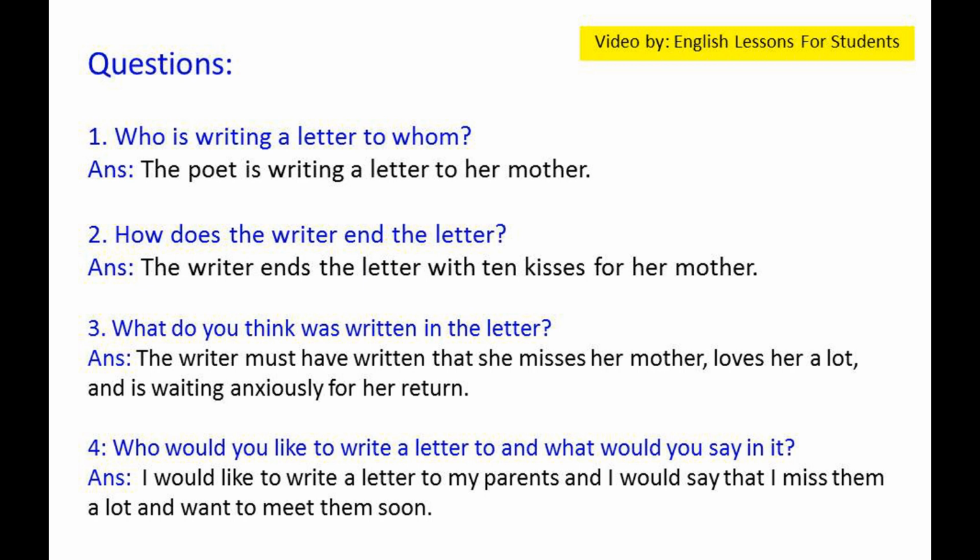Now come to the exercises. A. Questions. 1. Who is writing a letter to whom? Answer. The poet is writing a letter to her mother. 2. How does the writer end the letter? Answer. The writer ends the letter with 10 kisses for her mother. 3. What do you think was written in the letter? Answer. The writer must have written that she misses her mother, loves her a lot, and is waiting anxiously for